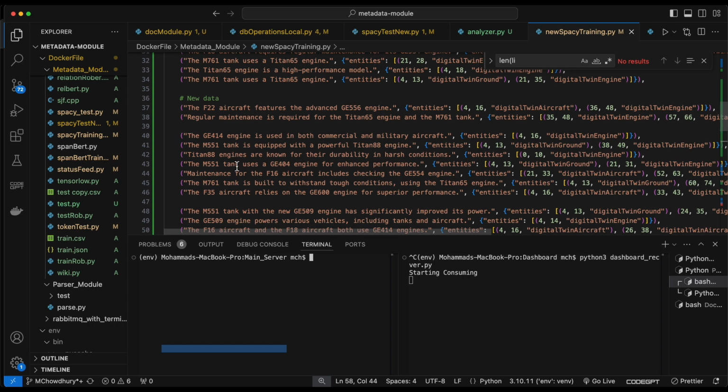Basically the data set consists of sentences that typically you would see in a training PDF. This is just something we came up with since we don't have access to the data. For example, the GE 414 engine is used in both commercial and military aircraft. What we care about is the GE 414 engine, so we index that. We say from index 4 to 16, this entity should be recognized as a digital twin